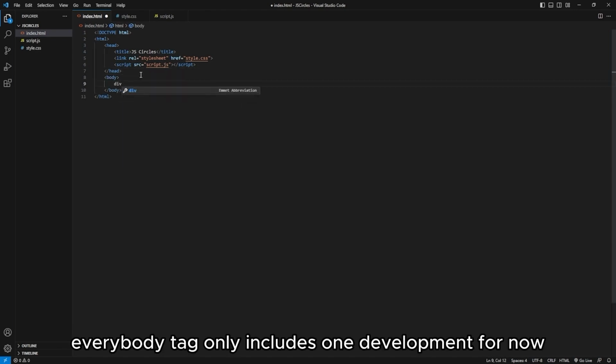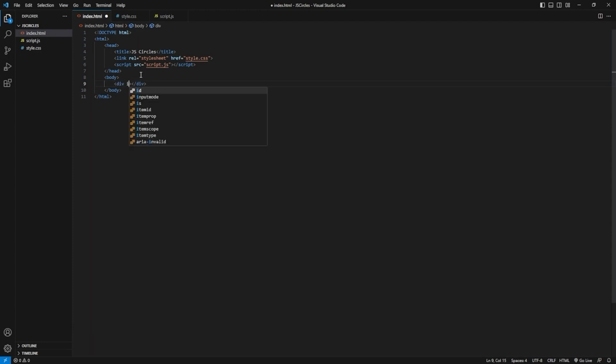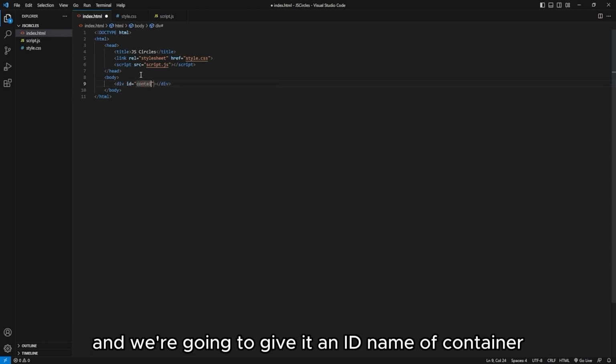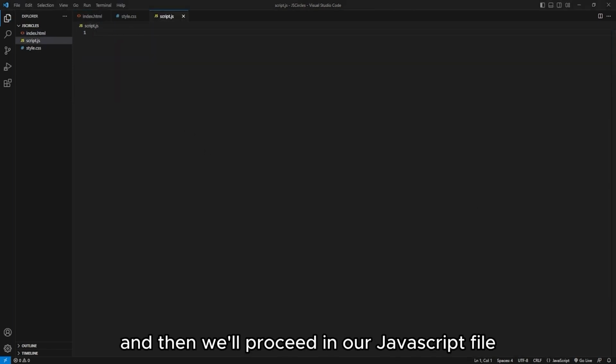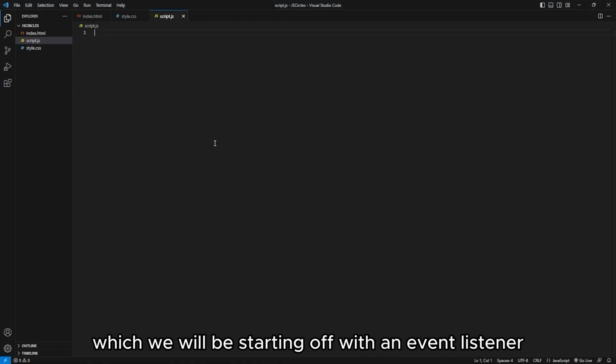Our body tag only includes one div element for now. And we're going to give it an ID name of container. That's it. We're going to skip styling and then we'll proceed in our JavaScript file, which we will be starting